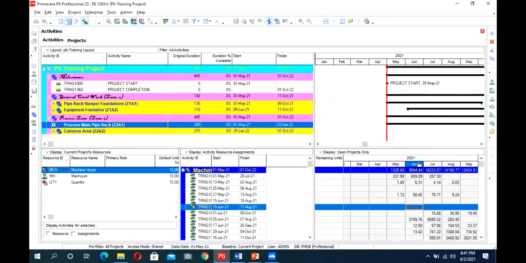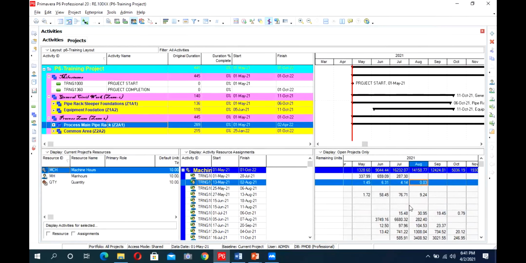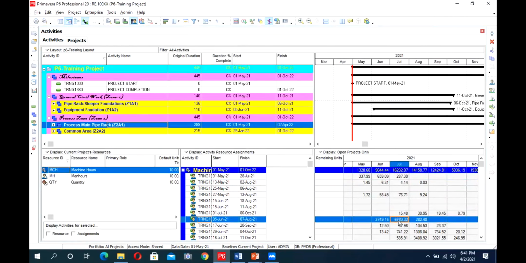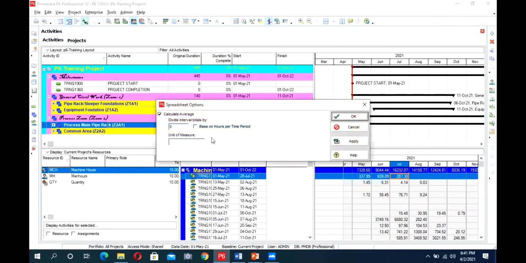I mean, in the month of July, our manpower planned was 100, but we have assigned more manpower or more man hours. So is there any procedure we can check that our manpower is over allocated, so we can reduce it?